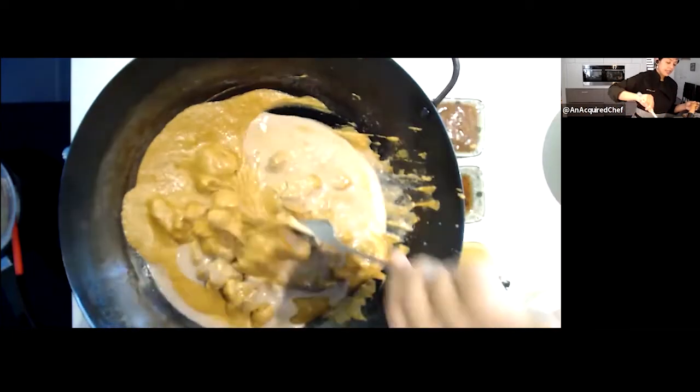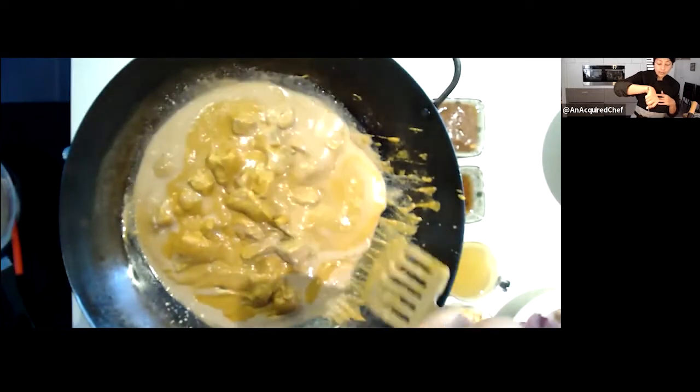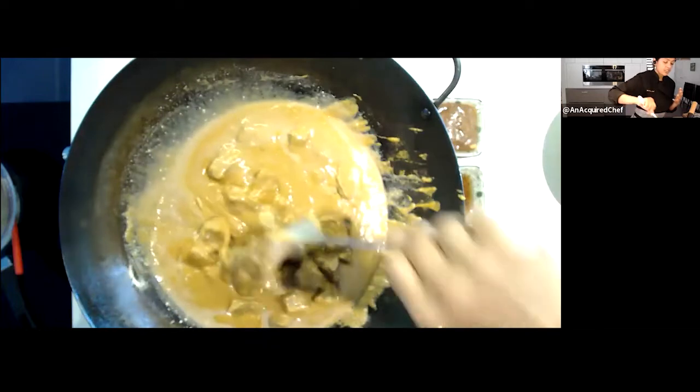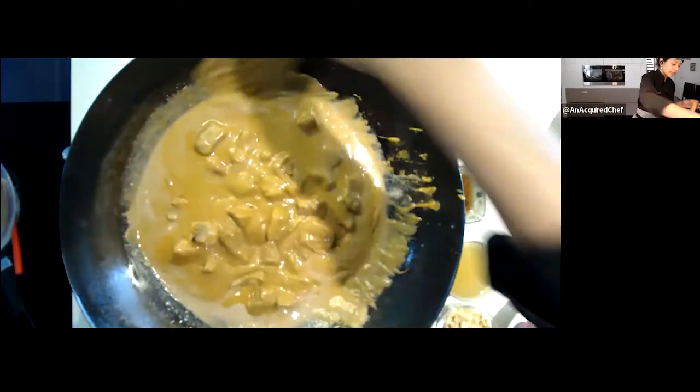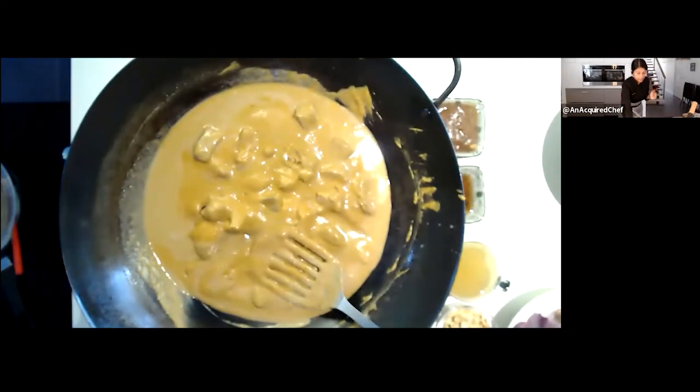So just, it's gonna go from being... and the reason I did that was because I had given it a smell. Everything's cooked. I can smell the onions and ginger and garlic and everything else in there. And now I can actually start to bring up the heat as well, because I've got more liquid in there. It's not gonna scorch anything